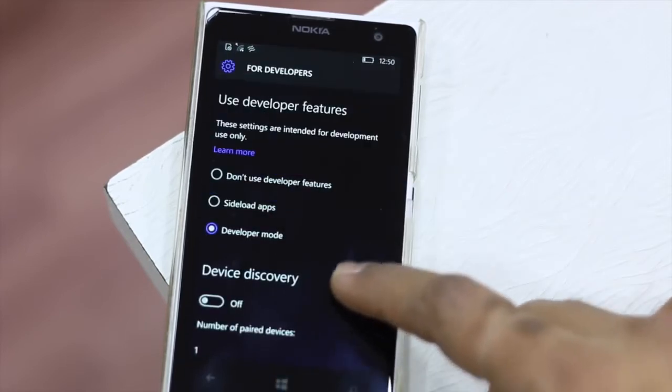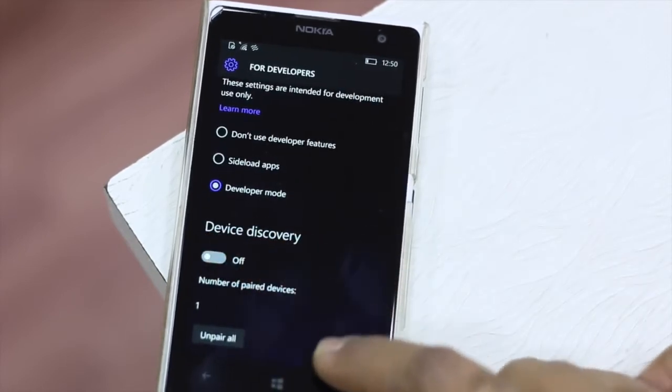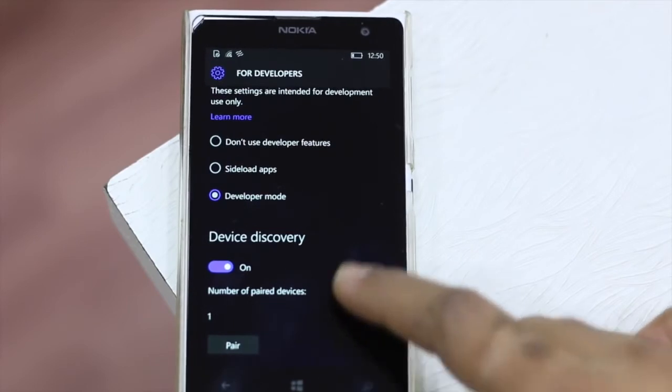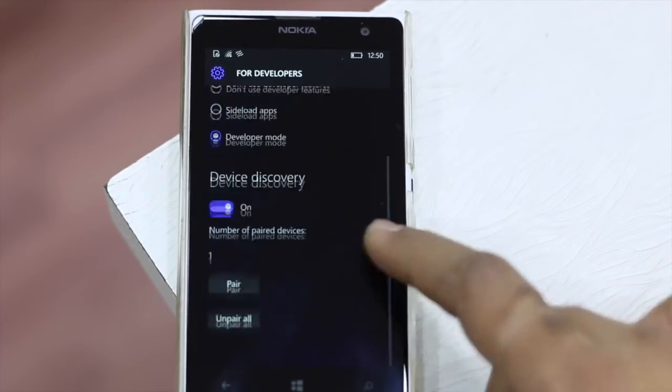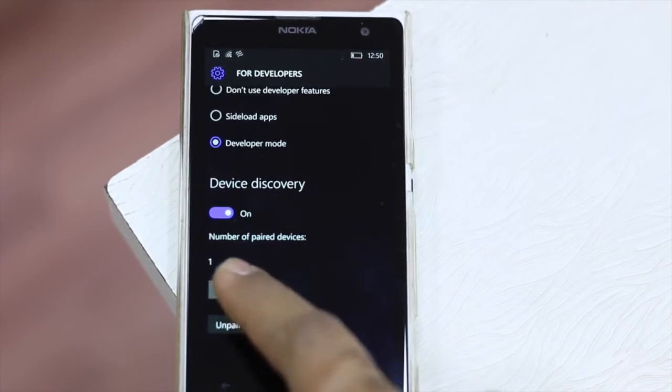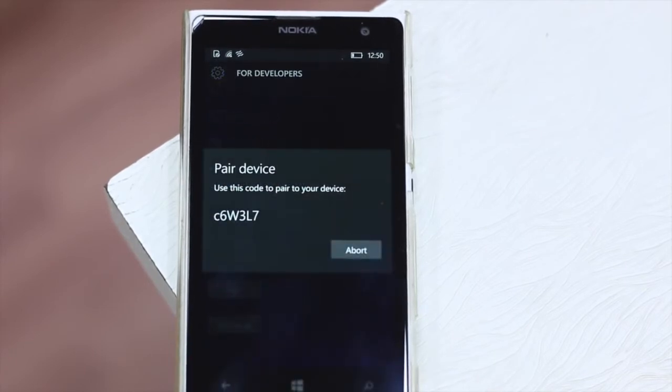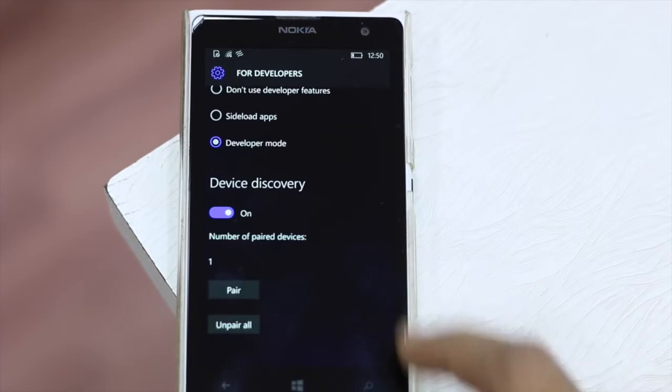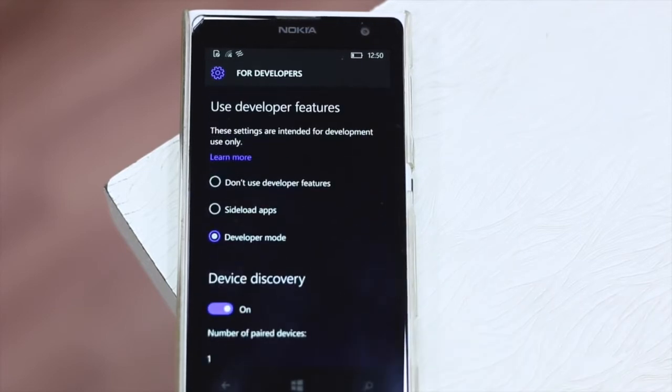Also make sure your device is actually available for discovery, because when you connect to your PC over Wi-Fi or USB, you will need the pair code. So when you hit the pair button there, you get a pair code that you need to input in the command prompt using the tool which we will just show you next. So remember this part, you will need it.